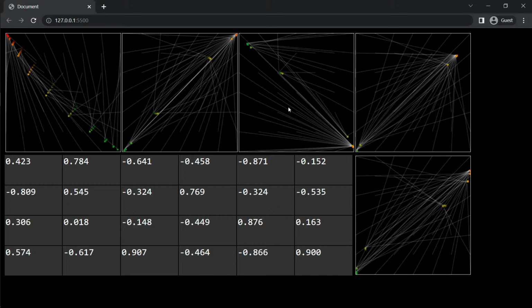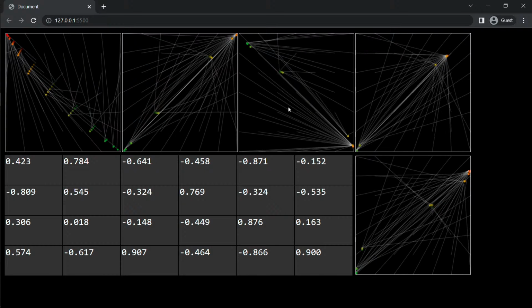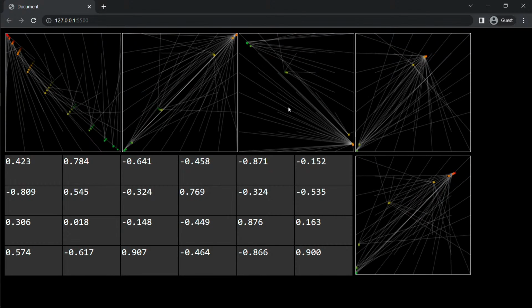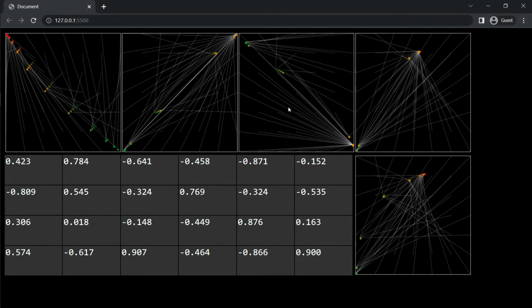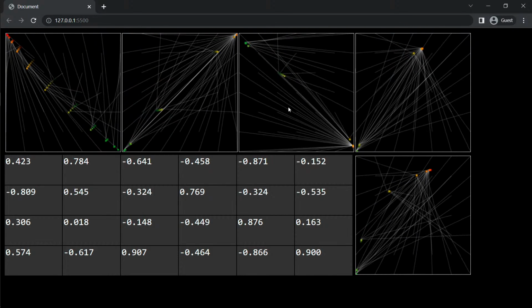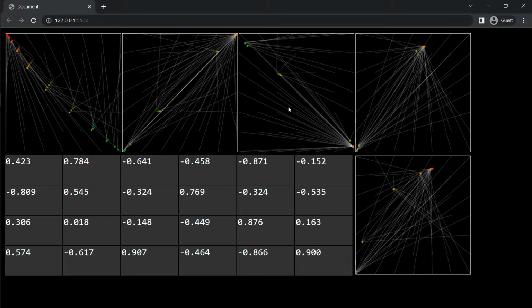Oh wait, what is it doing? It's changed. Whoa. What is it doing? Weird. Right? This is vaguely cool. Not really, but